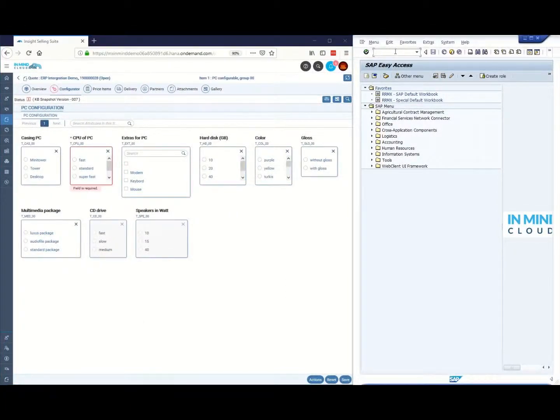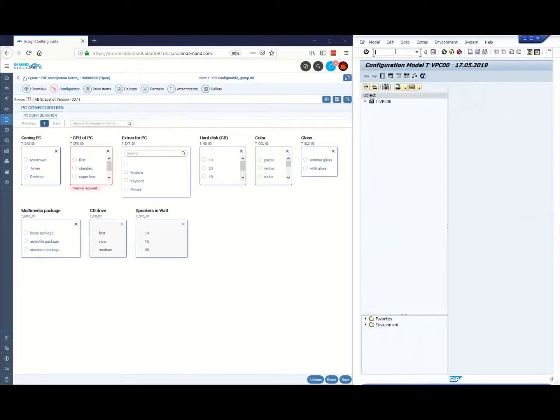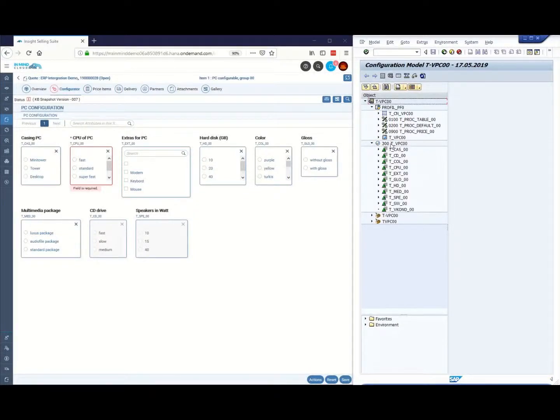On the right hand side we open now in ERP the product modeling environment for variant configuration, PME-VC, and we'll open the same product configuration over there. So this is the administration mode. So let's look first at the structure. What we see on top is something called configuration profile, which captures constraints, rules about the behavior of the system. Then we see class